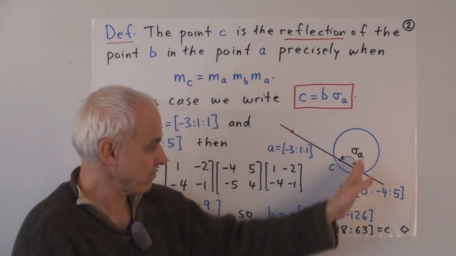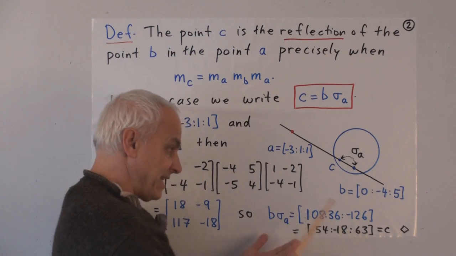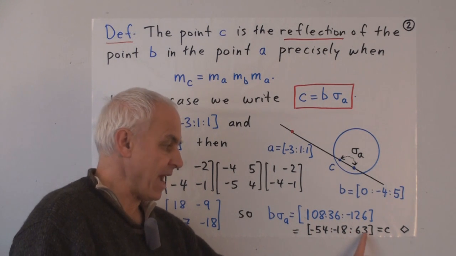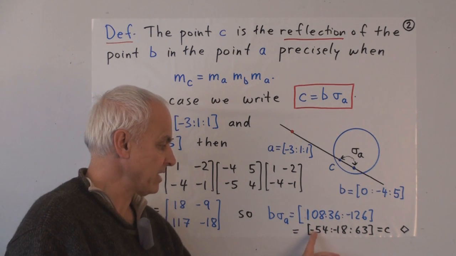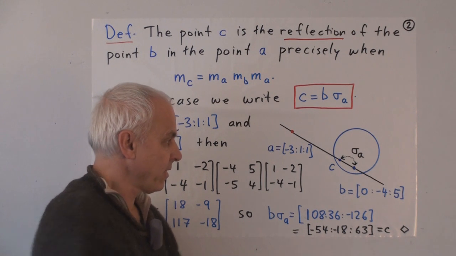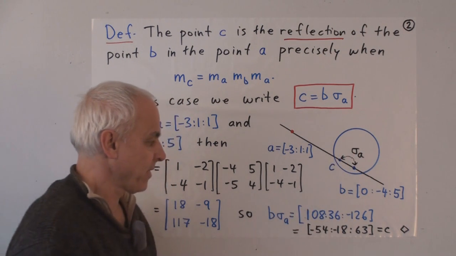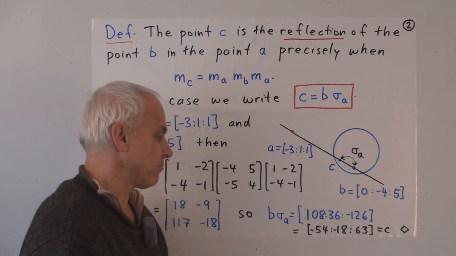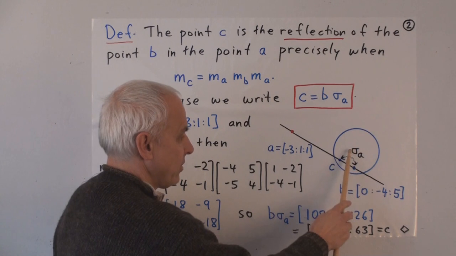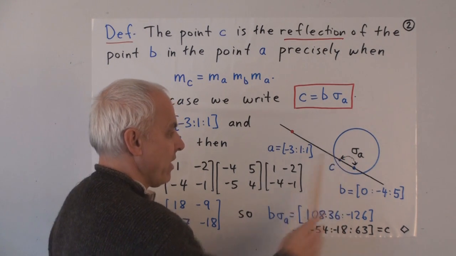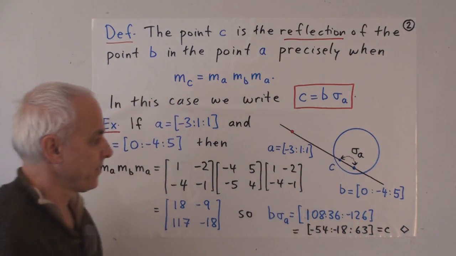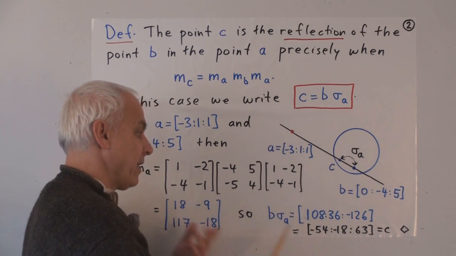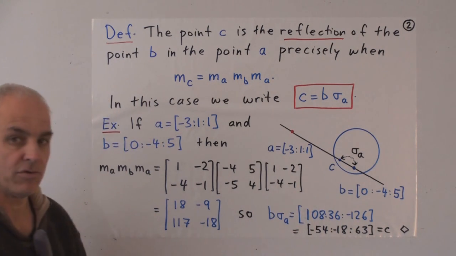And where is this on the page? Well, to see where it is as a point in regular x and y coordinates, divide by the last coordinate. So we get minus 54 over 63. Oh, so that's almost minus 1. Divided by minus 18 over 63. Well, that's something like a third or a quarter. And so that's minus a third down that direction. So there's C right there. So the reflection in this point A sends B to C, and conversely it sends C to B.